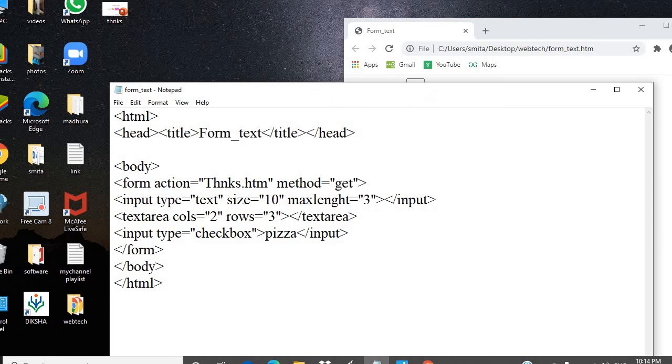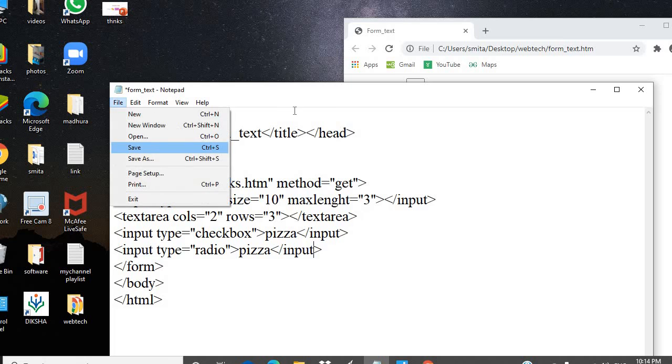Now the next option is your radio button. The tag is input and type is the attribute. This time we will use the radio option. Radio is used in case you want a visitor to select just one option from the list. At that time we have to provide this radio option to them. Close your tag.